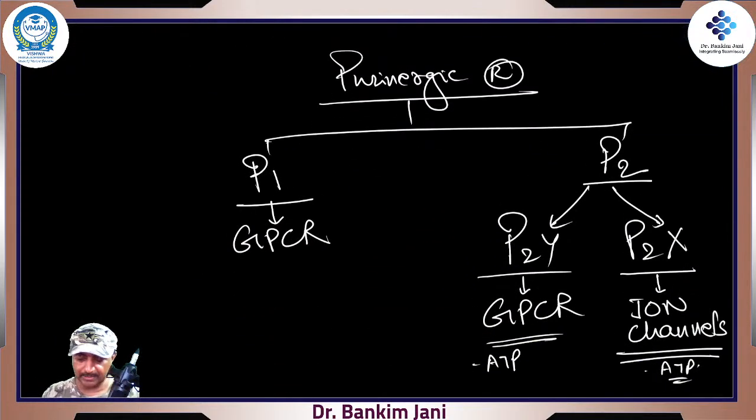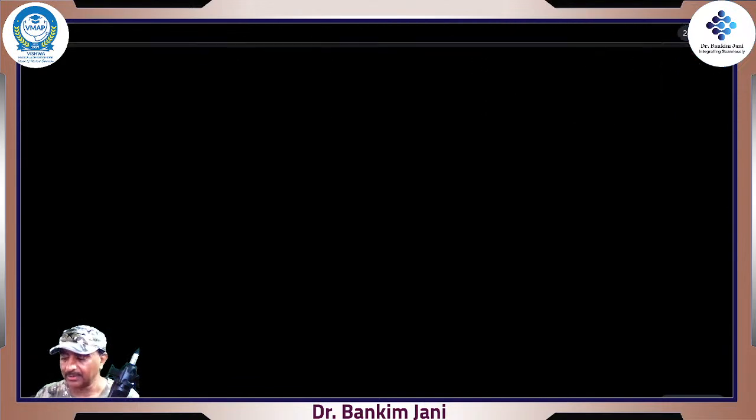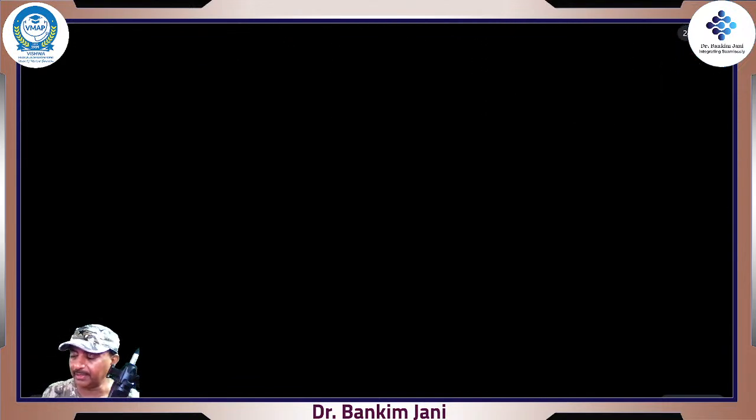So purinergic, right? They are P1 and P2. That's how we divide. P1 is GPCR, P2Y is GPCR, P2X is ion channels. If you remember this much, it will make the entire concept extremely easy